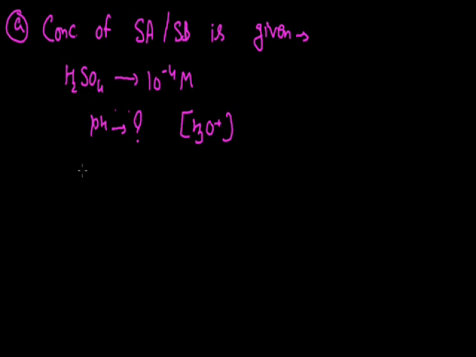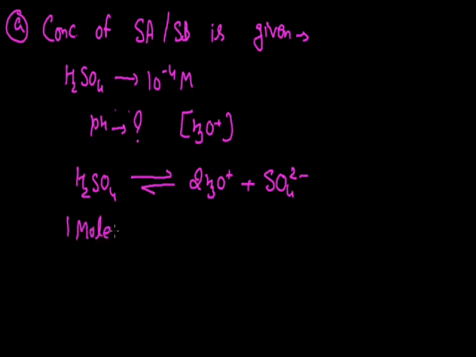this sulfuric acid. As we know, sulfuric acid ionizes in its aqueous solution, and this ionization equation is like this. It provides 2 hydronium ions and 1 sulfate ion. If I talk about 1 molecule of sulfuric acid, then this 1 molecule provides 2 hydronium ions. And if I take the concentration of 10⁻⁴ M sulfuric acid, then with the help of this, we can set this in the simple equation form.